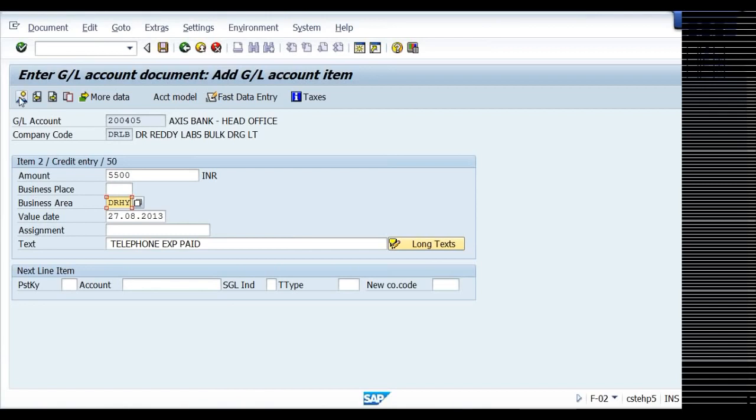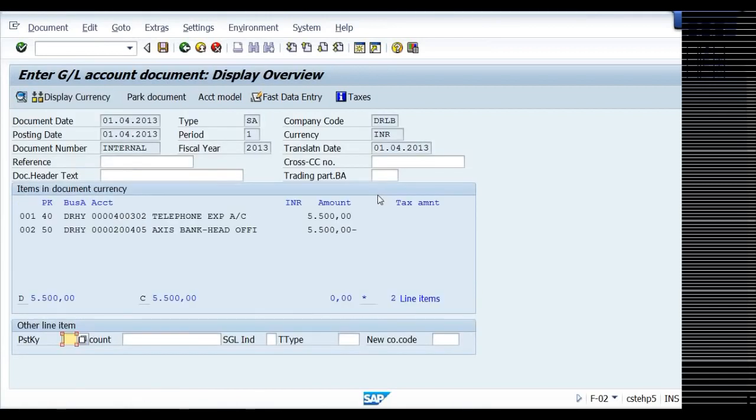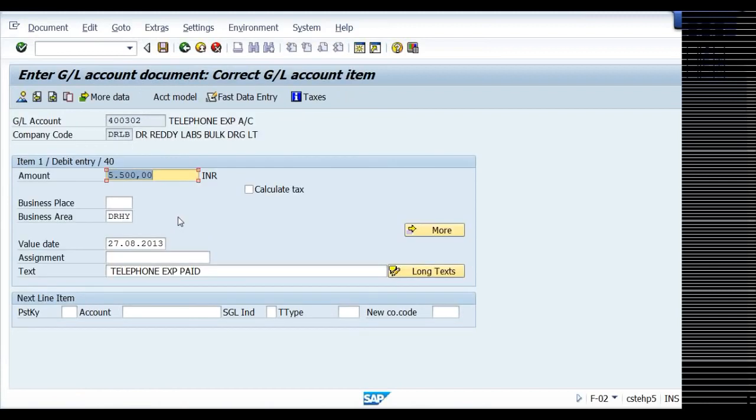One more thing here. What is this value date? What is the value date the system is showing? 27. But what is the date of posting and date of document? 1/4. So though the date of document and date of posting are old dates, the effect is done with today's date.